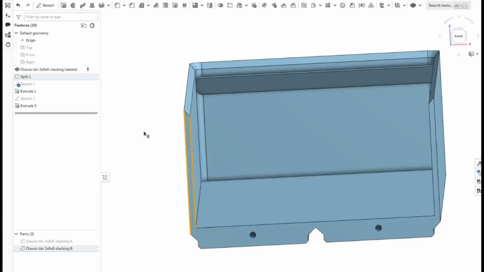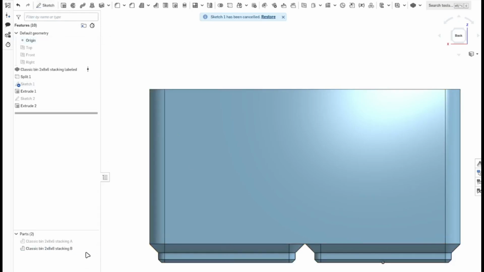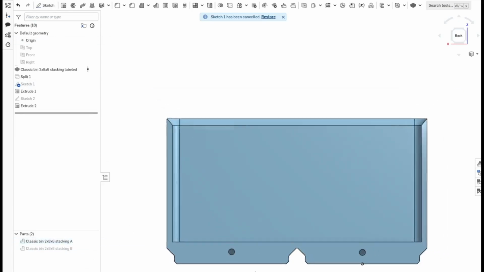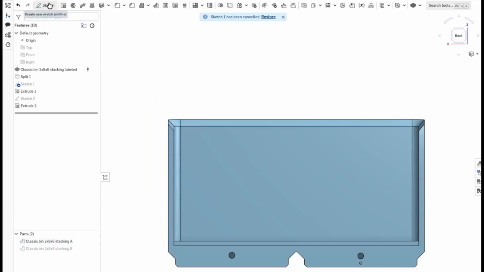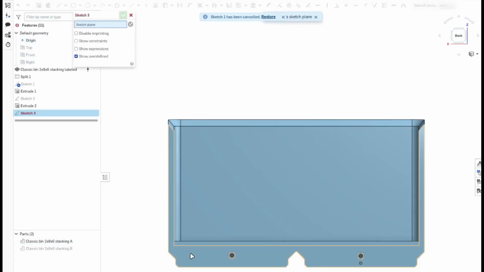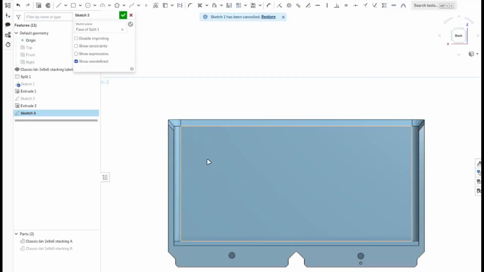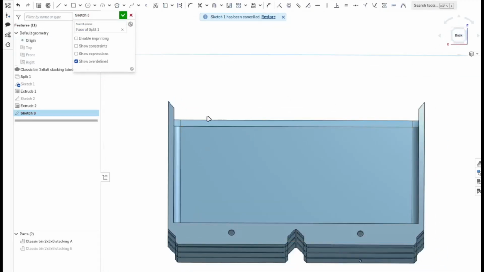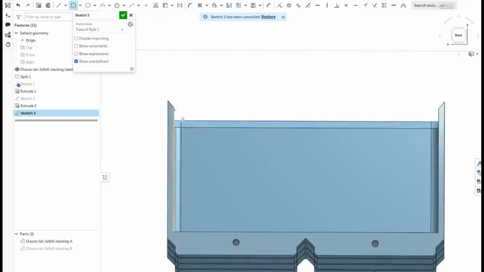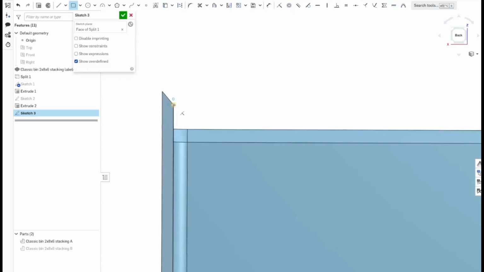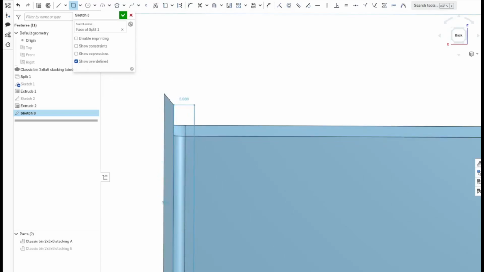So now we'll create another sketch. We'll show the A part, click on sketch, and then click on this face, and now we'll add the required extra wall. So we'll click on corner rectangle over here, then click on this corner and drag it onto this line. Then this will be set to 3.2 width,